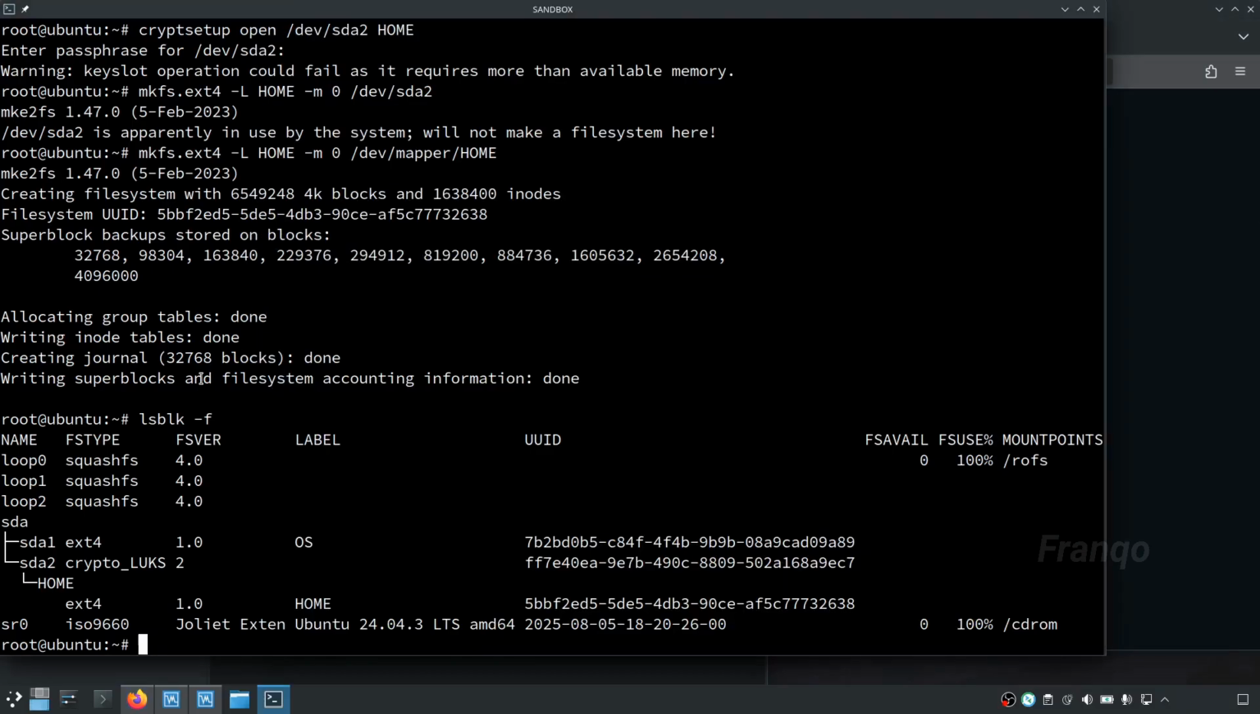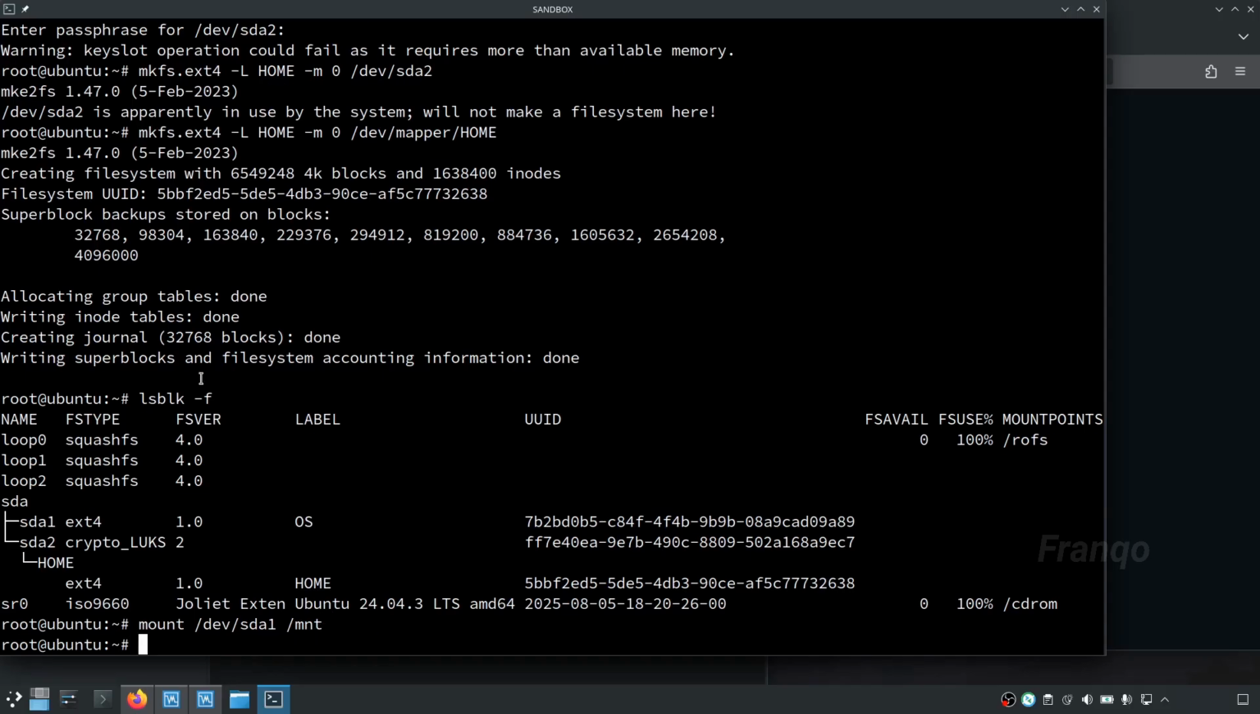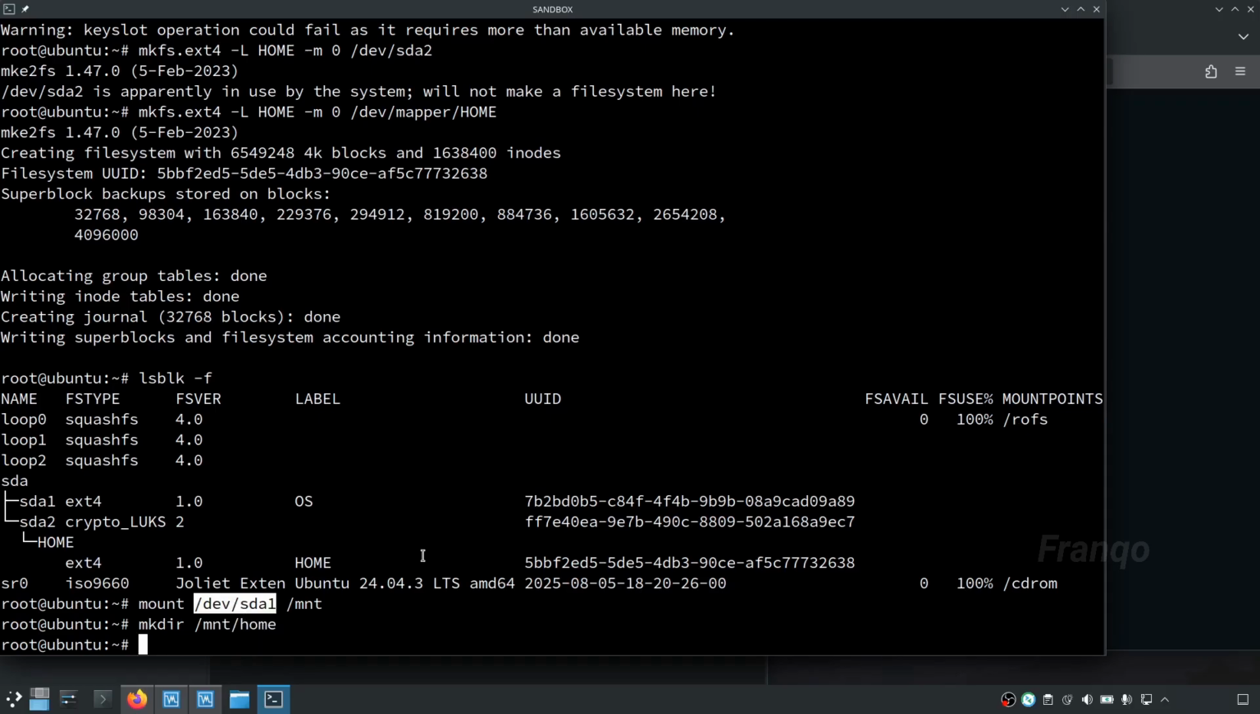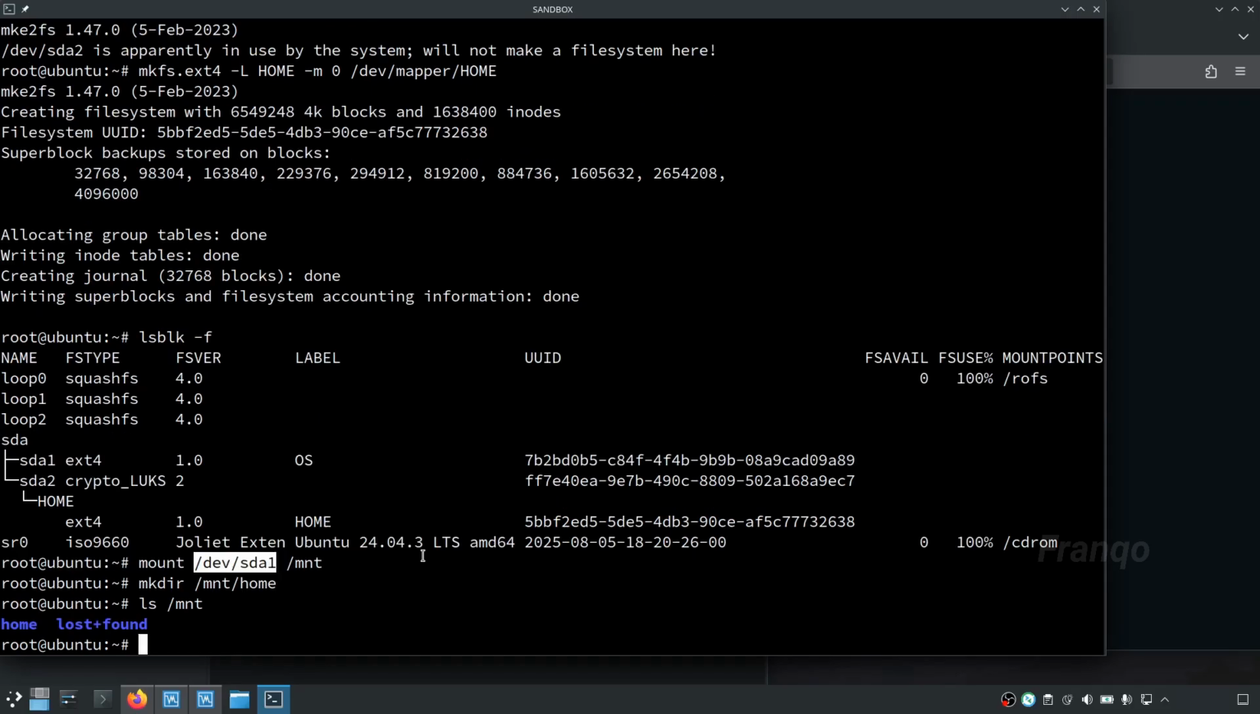So I need to mount the OS, so that would be mount SDA1. Okay, that's my OS. And now I need to mount home. But before I mount home, I need to make the home directory inside this partition here. Okay, let me do a quick list. Okay, perfect. All right, so now I need to mount